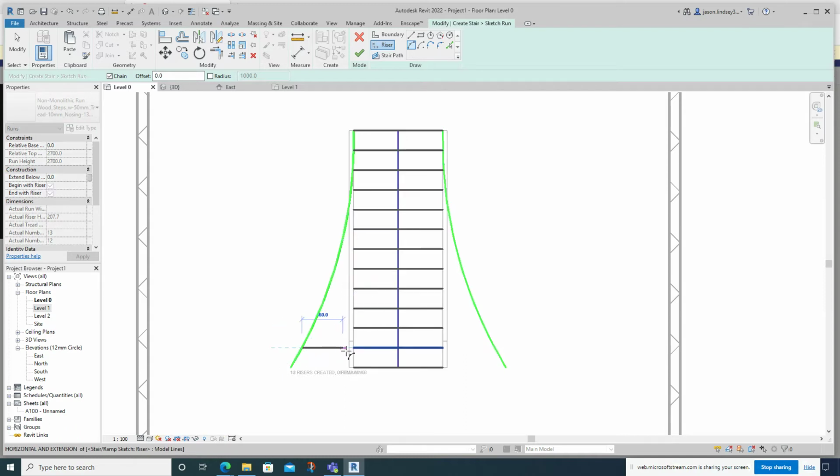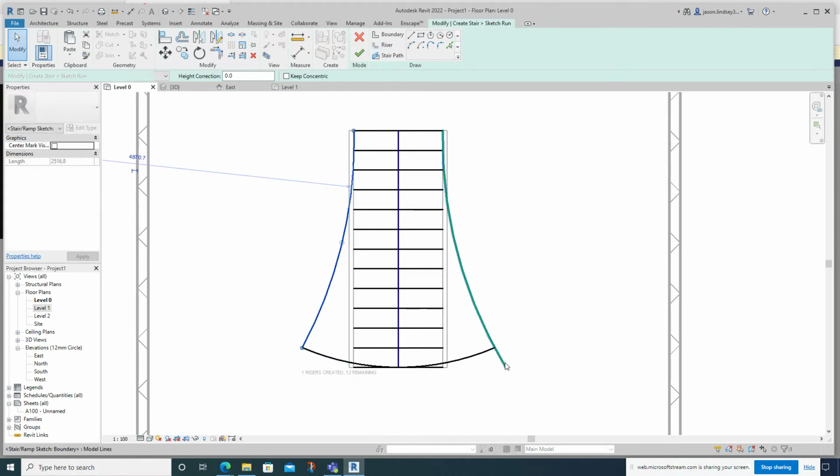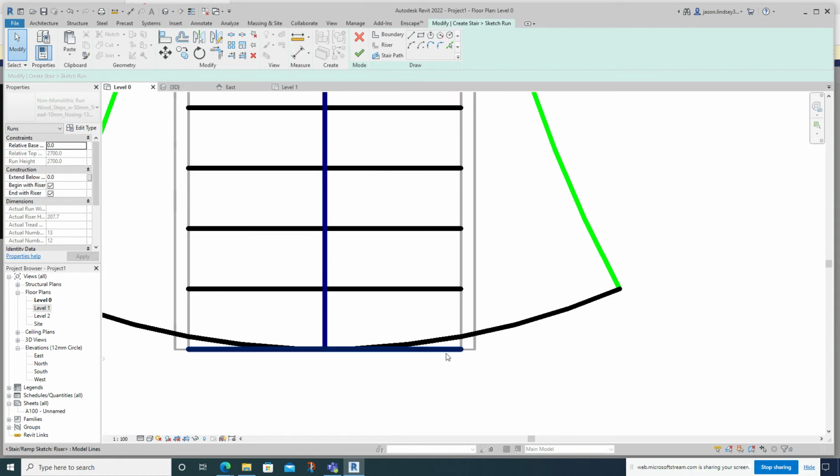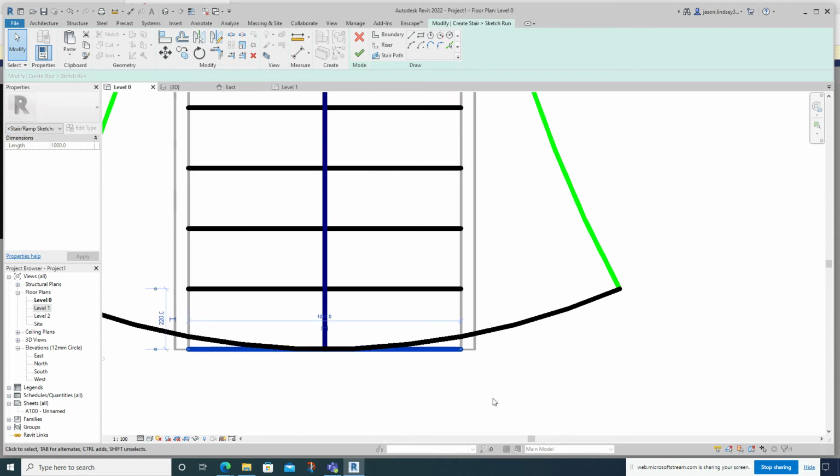So I'm going to click onto there. I come across to the other side, click onto that, and then bring down, and that gives me my first riser. Yep, so that's where I want the first riser to actually start working from. Hit this key once, and again, just bring my boundaries back down to those there. So that's now going to get to there, and this existing riser, I need to get rid of that,